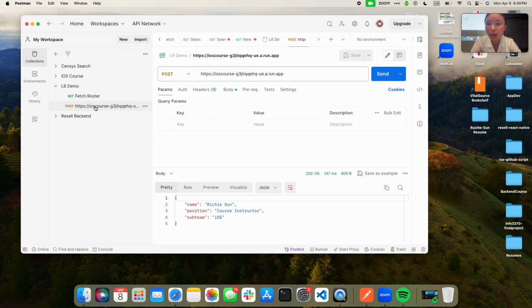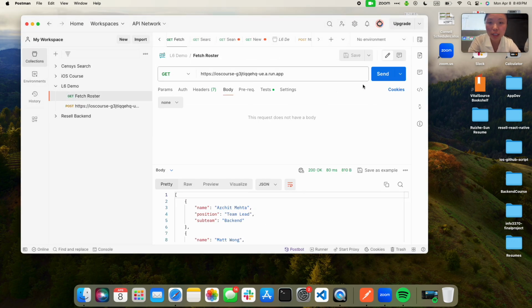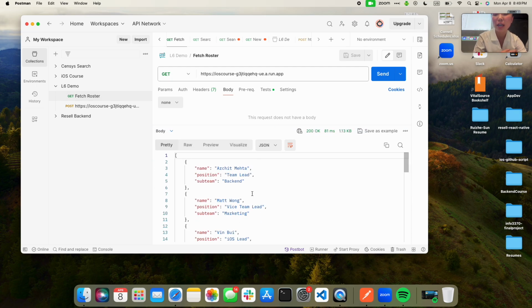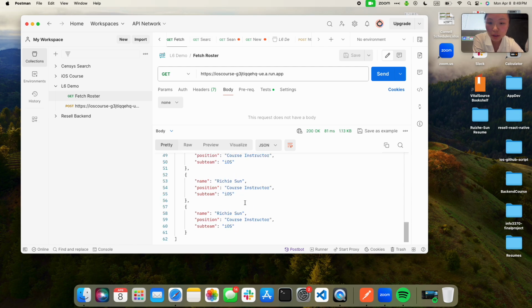Let's save this. So now we have this post request saved here. Now if I try to get all the posts, if I call the get request on this server again, notice that